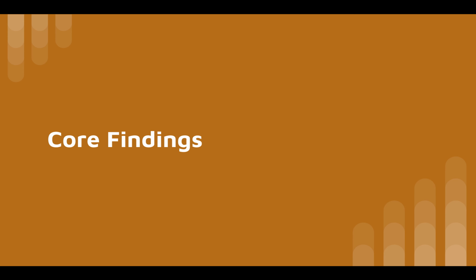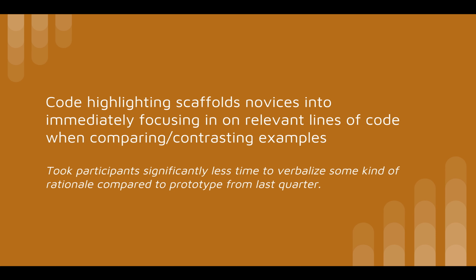So now I'll quickly go over the core findings I got. I did kind of imply them, but I'll explicitly state them here. First of all, code highlighting successfully scaffolds novices into immediately focusing on relevant lines of code when comparing and contrasting multiple examples. It took participants significantly less time to verbalize their rationale and form the groupings compared to the